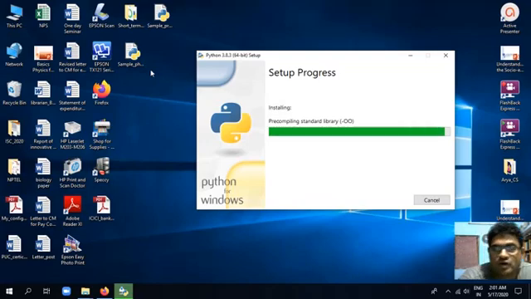But today our topic of discussion is Python. So we are installing Python, and we will learn how to download and install other software like NumPy, SciPy and Jupyter Notebook in this Python. In a minute or two our total installation will be completed.